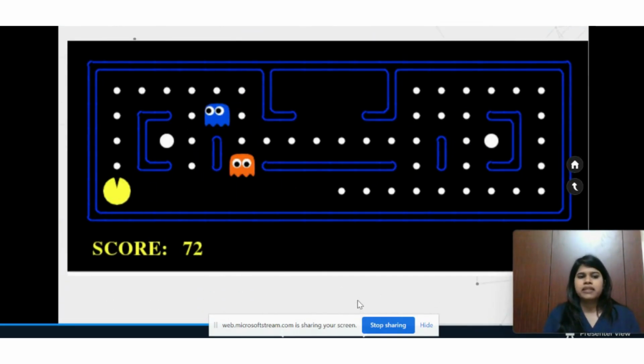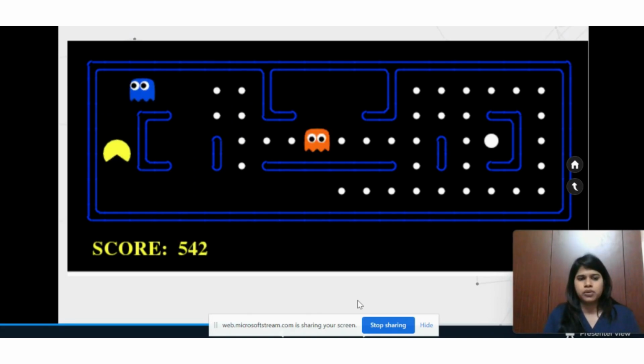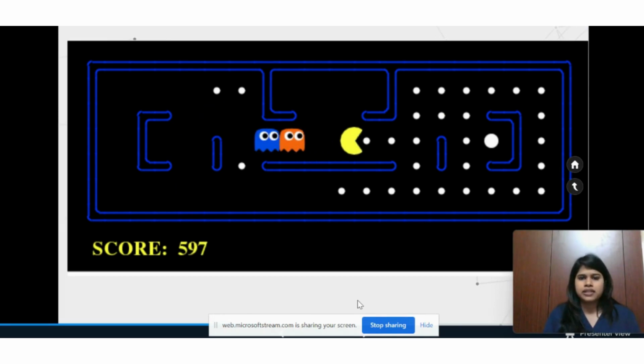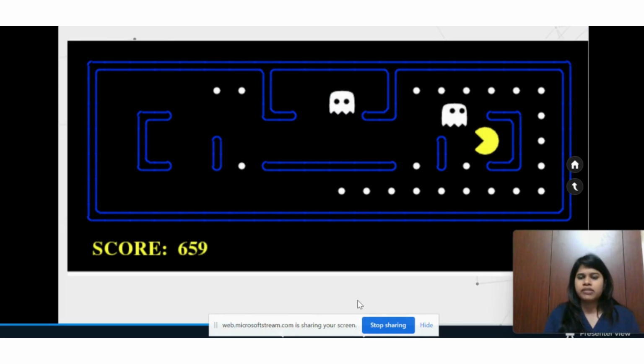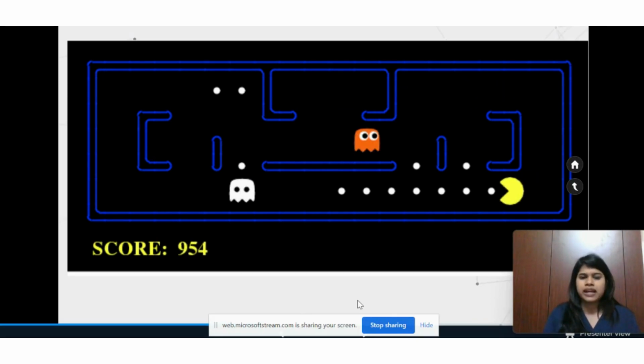Another way to explain reinforcement learning is a game. Any game is an example of reinforcement learning. You can take this Pac-Man game. In this Pac-Man game, you can see the Pac-Man, the yellow thing that's moving, is going to collect all the dots, all the food that it's going to get, and it's running away from the ghostly figure. The ghostly figure is going to kill the Pac-Man.